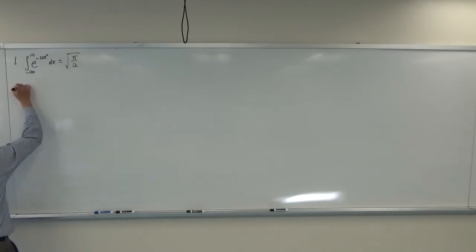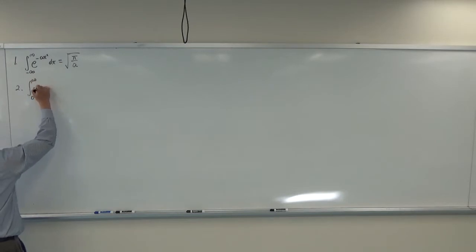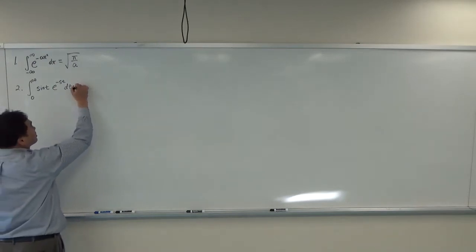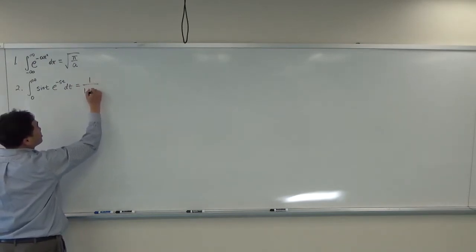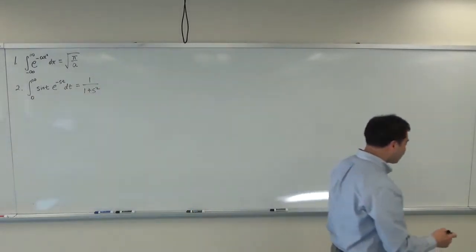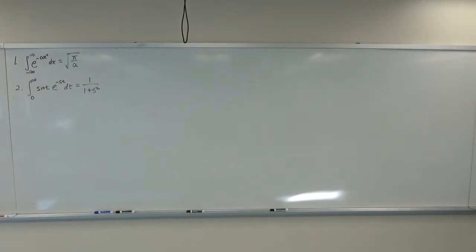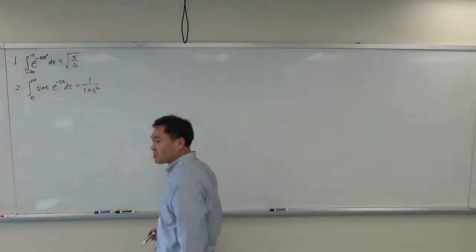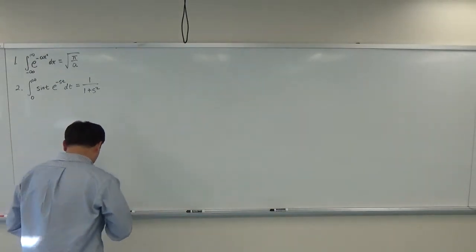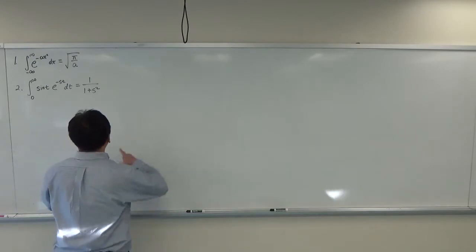Yes. And then number 2, we also did the integral from 0 to infinity of sine t e to the negative st dt, which is the Laplace transform of sine t, and that's going to be 1 over 1 plus s squared. Okay, so on top of this, I'm going to add 2 more integration results, and once we are done with those, then I can start explaining Fourier transform. All right. So first integral I want to do is